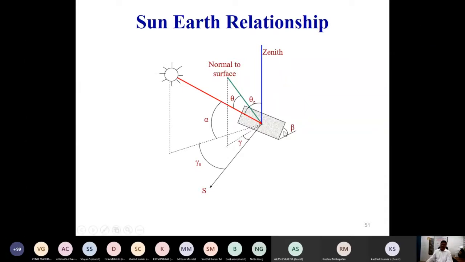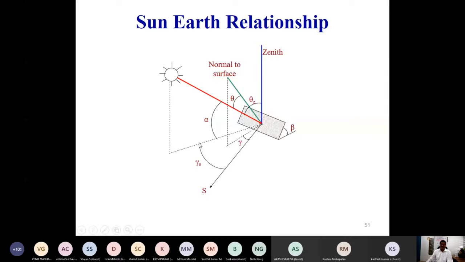Now my question is, we have 2 degrees of freedom. As per my earlier discussion, there are 5 variables. The first 3 variables we can't change, that is the date, time and place. Only the last 2 variables, beta and gamma, we can change. That's the vertical angle and horizontal angle, the zenith angle and azimuth angle. Zenith angle is beta, azimuth angle is gamma. To match the green line and red line so that theta becomes 0, how do we make theta equal to 0? With 2 conditions: one is change in beta, second is change in gamma.